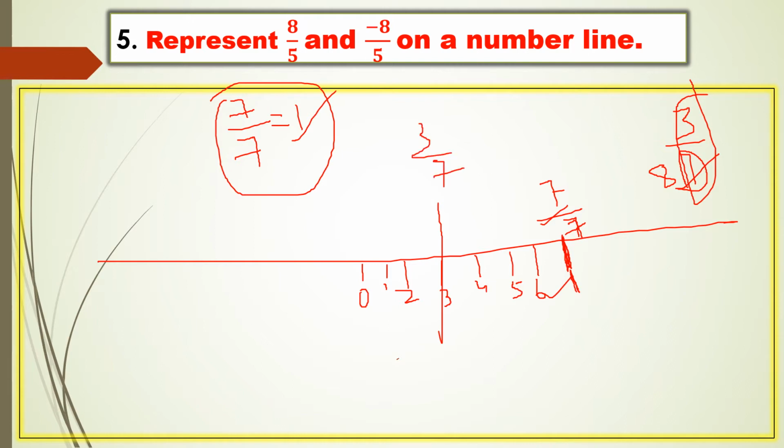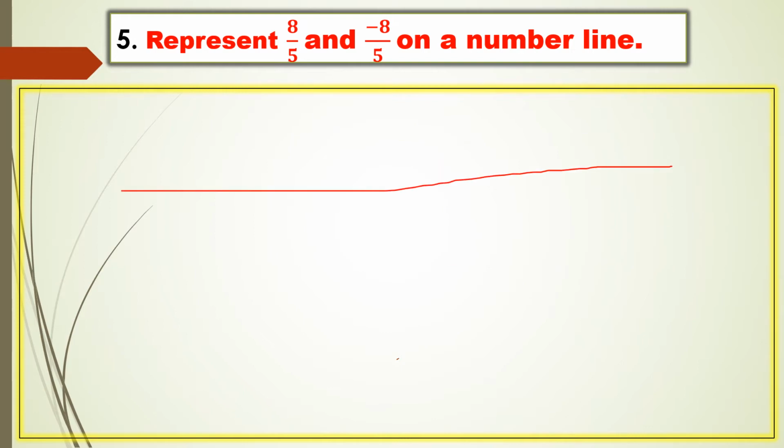Okay. Let me take one more example. Suppose I gave 2 by 9. Okay. 0. See the denominator first. There are 9 parts. The 9th part will be 1. Right, 9 by 9 will be 1. See the denominator only. Don't be confused. Whatever denominator is there, that many parts should be there in the numerator also, so that you'll get 1 as a quotient.